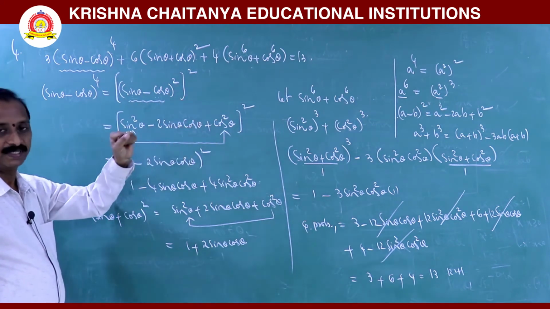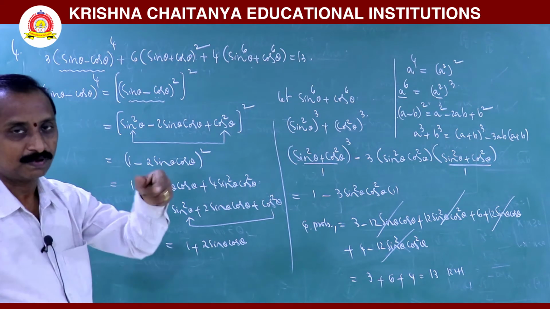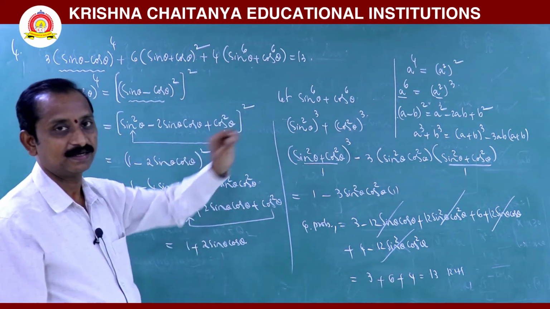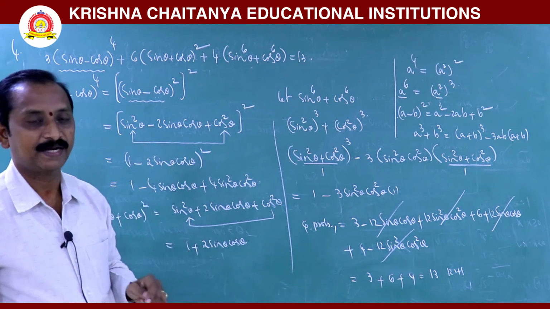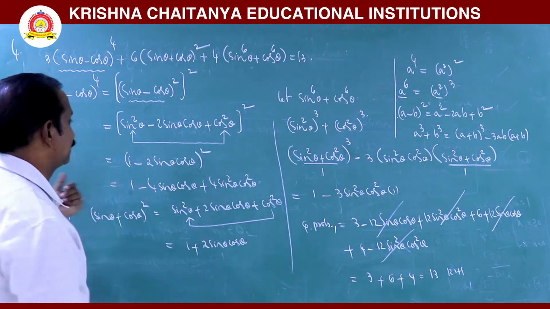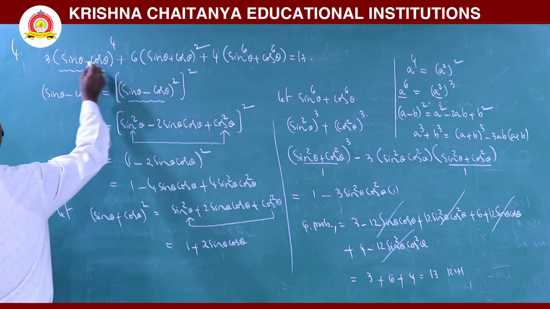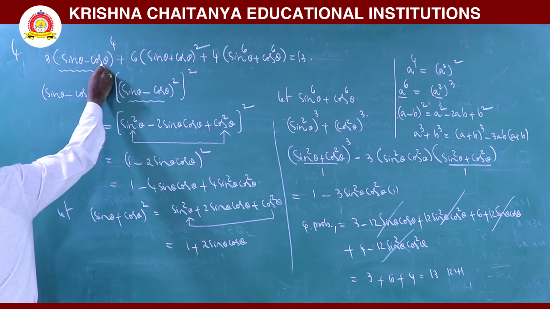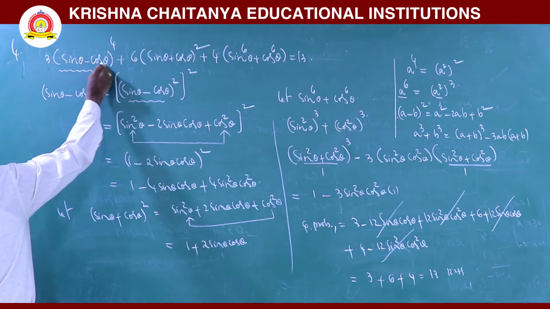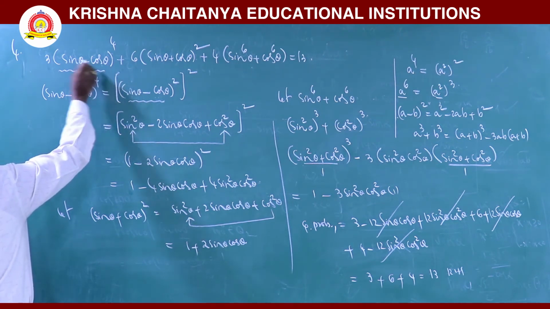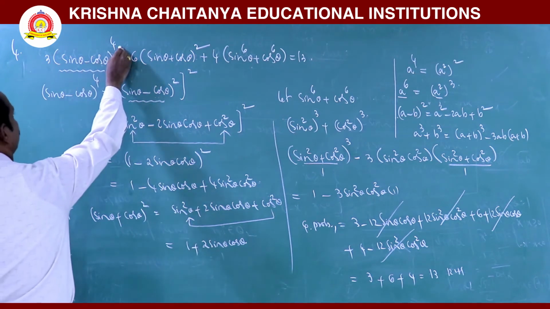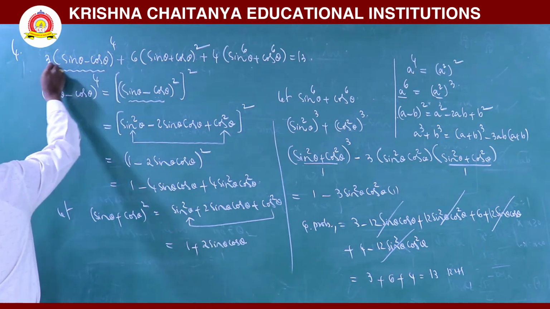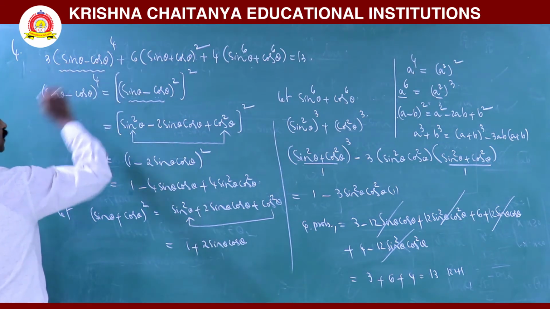This is as per theory, but we shall move to the objective model. The total function is in sin theta and cos theta, so just replace theta by 0 or 90 and we get the answer. For example, replace theta by 0. Sin 0 is 0, cos 0 is 1. So it is 0 minus 1, which means minus 1. 3 into (minus 1) whole power 4. The power is an even number, so minus 1 becomes plus 1. So the term value is 3.